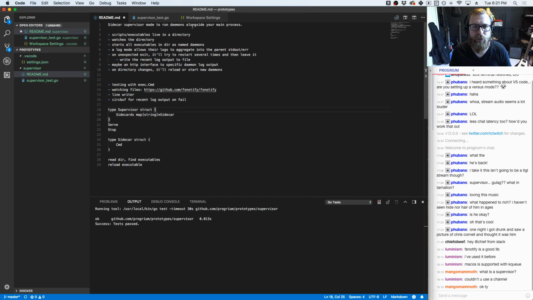Sidecar supervisor made to run daemons alongside your main process. We call them, they could be plugin daemons, maybe they're not. So in this case, we just have a place where we're going to look for executables, whether it's an executable binary or shell script. We take all the ones that we can execute, we start them up, we run them all, we watch that directory. So one of the interesting things now, if you change any of those files, it'll reload this service, so you can do more real time as you're working on the plugin. You can continue to run the app, and you can see it run the new